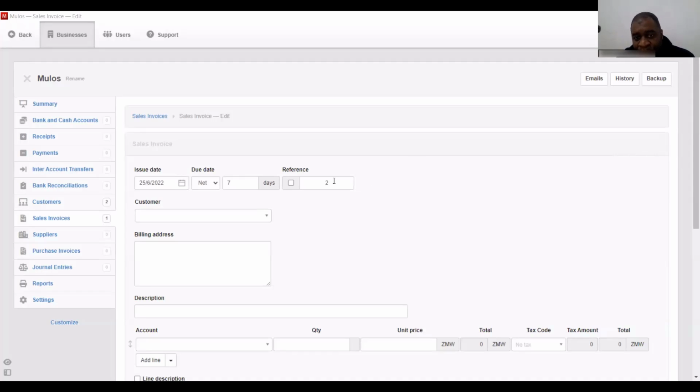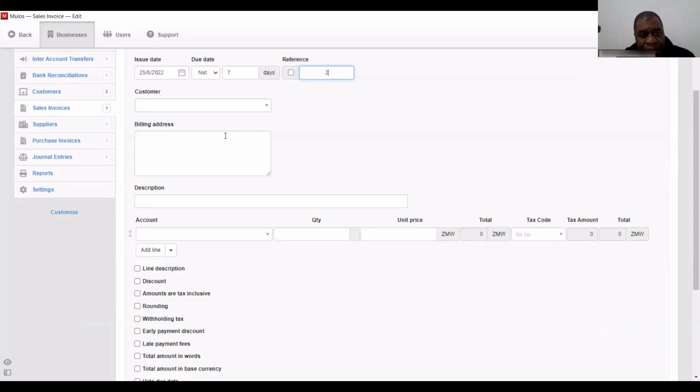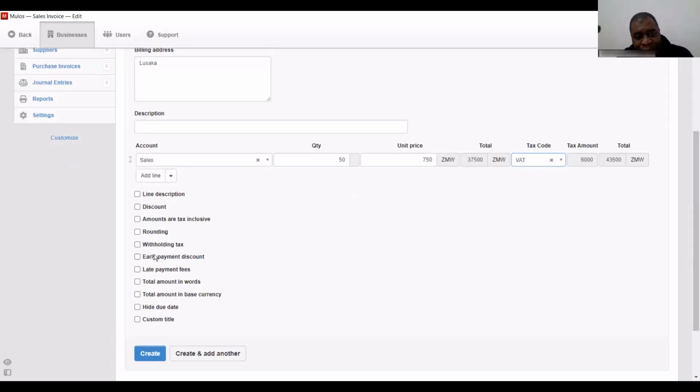All right, so you need to manually put in the invoice number there. So the customer, again, I Enterprises. Here, it's going to sales account as well. Here you can put quantity. It's 50 meters of material at, let's say, 750 kwacha each. You can add VAT. Now, the option here, you can put it as,